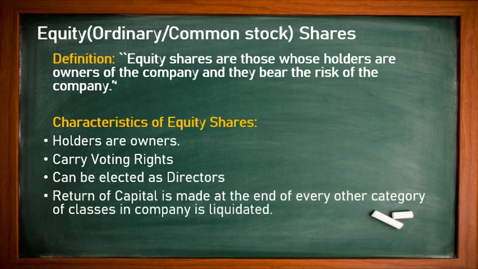Return on capital is made at the end, when the company is liquidated. Liquidated means the company is going to be closed and wound up, and whatever properties, money or capital the company collects is known as return on capital. That return, when the board of directors or the persons running the company pay everyone, all creditors, even the owners, at the end it goes to the equity shareholders.